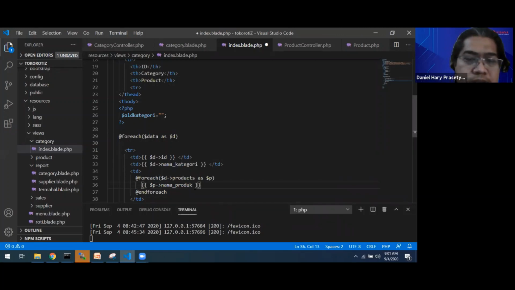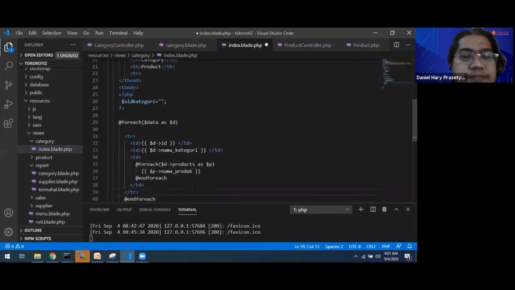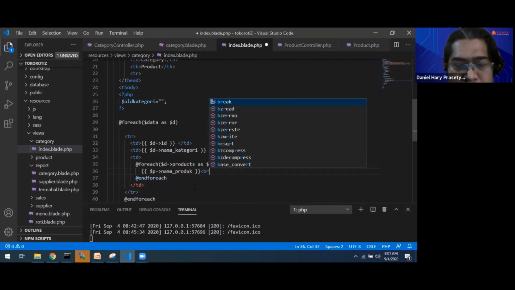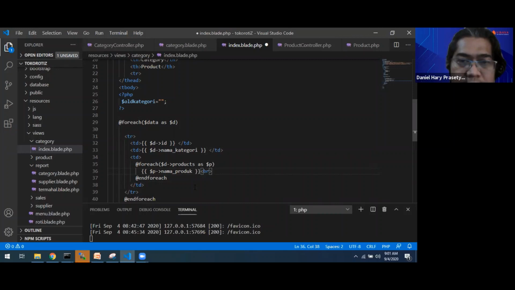Okay, this one. After one nama produk, we can break going to another line with break tag, break element.